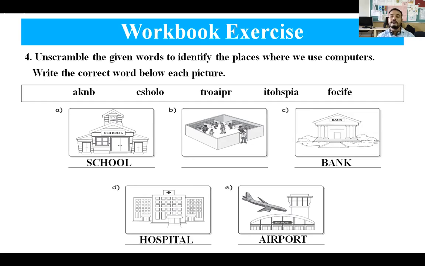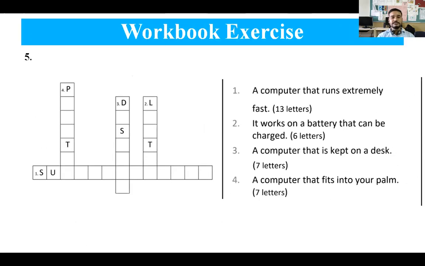Very good. And the last one is POCIFE, from where we can correlate that few person are there, they are working at one place, so it will be like office. So it will become office. OFFICE, office. Now this is another worksheet that you are going to solve, which will be sent to you.